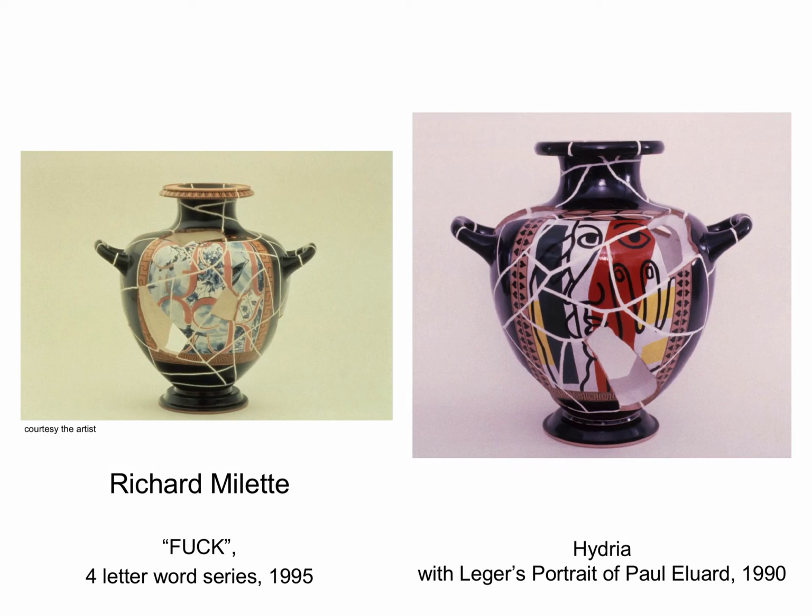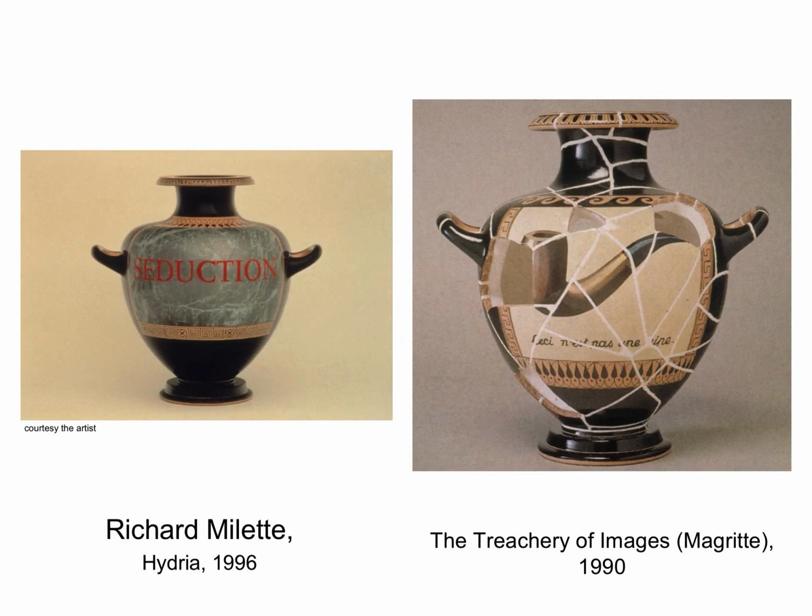So Richard Millet is one of the potters who has worked maybe the most with this investigation of those issues around 2D, 3D, form, surface, flatness, volume, inside, outside, image and object, and so on, that can be explored by the use of language, by the use of references to familiar paintings from the Modernist repertoire, by simply removing an image and replacing it by a word, like seduction,